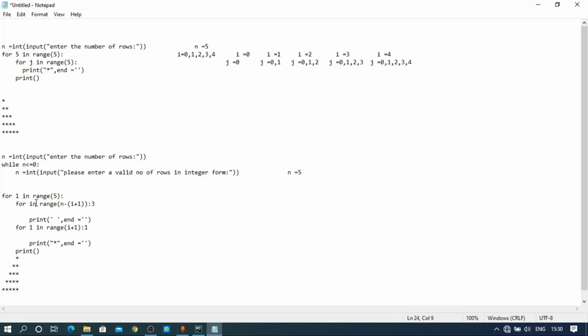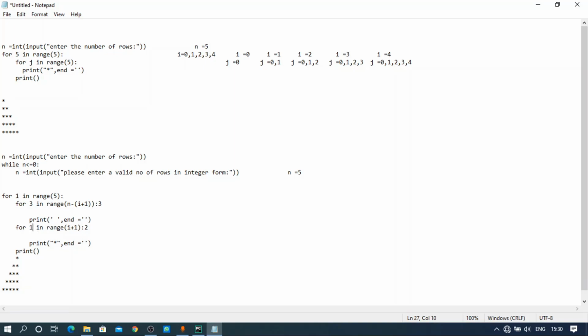So j will start at 0, and a single space is printed here. After that j will become 1, again true, so another space is printed. After that j will become 2, also true, so another space is printed. After that 3 in range of 3 is false, so it will come out of this loop. And now k will start at 0, k in range of i plus 1. i is 1, so 1 plus 1 is 2. 0 in range of 2, it will print a star here.